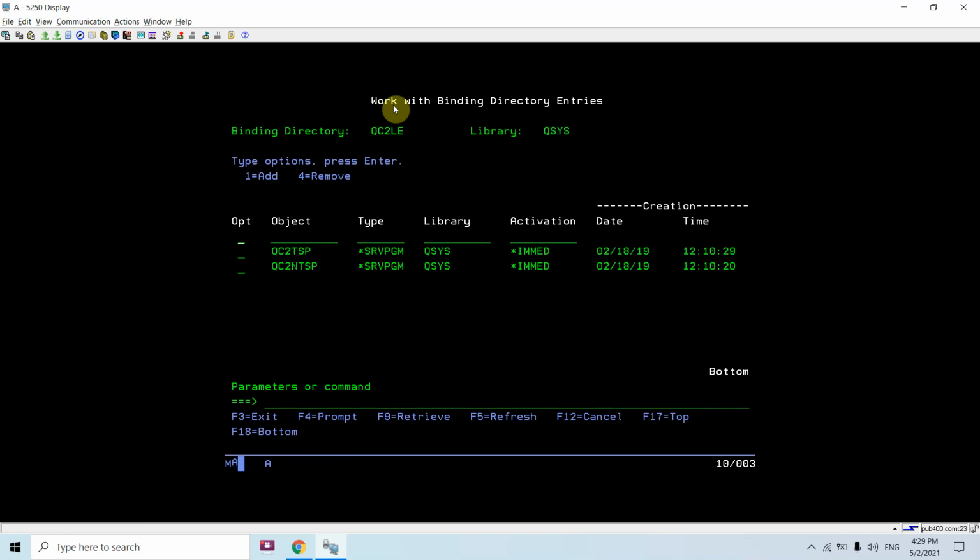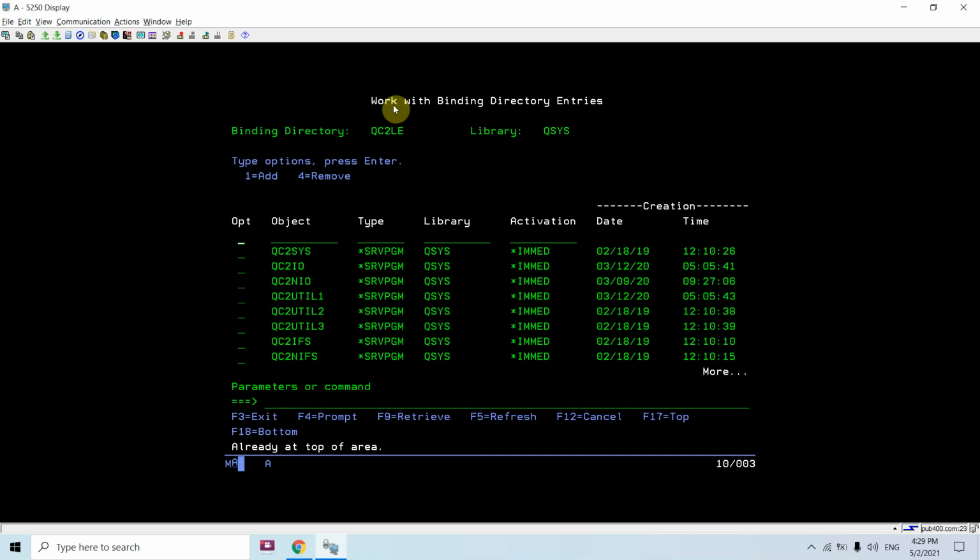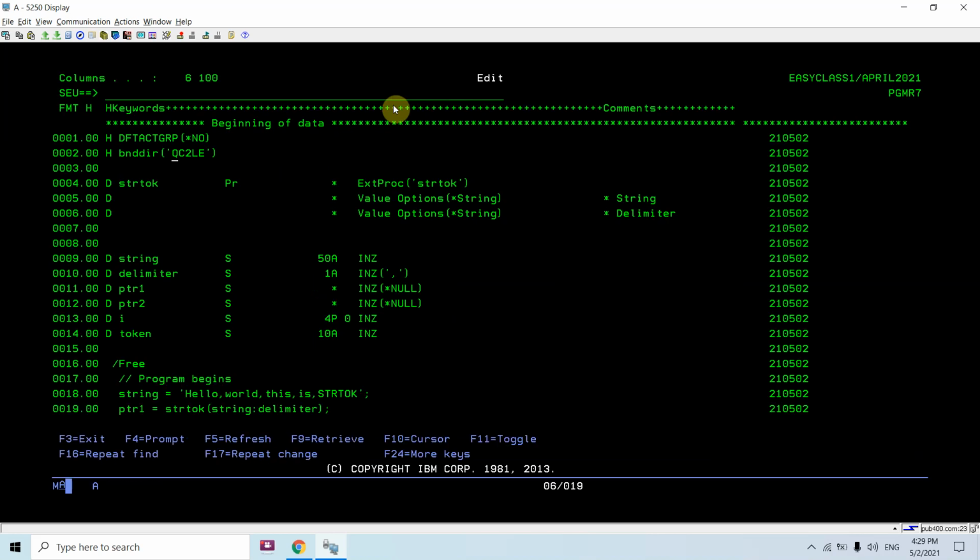All these service programs contain several C functions which can be used in RPGLE as procedure calls. Here you can see I defined the prototype for the same. This prototype accepts two parameters. The first one is the string, either by value or by reference, and here we are returning a pointer. In EXTPROC we will be using strtok, which is the function name we are going to call now.